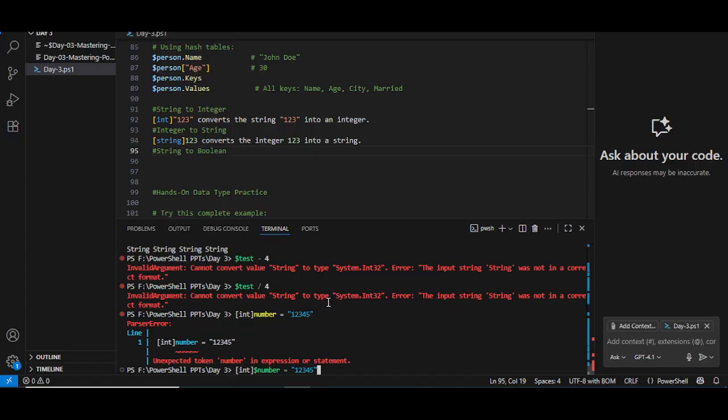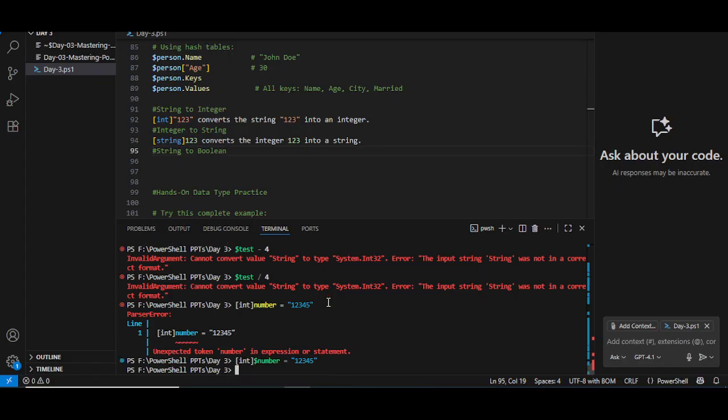Actually, I used to do programming in Python, and probably that's the habit. See, when I'm writing dollar number, right? So now I have put a string inside this, but since I have used bracket int in front of that number,